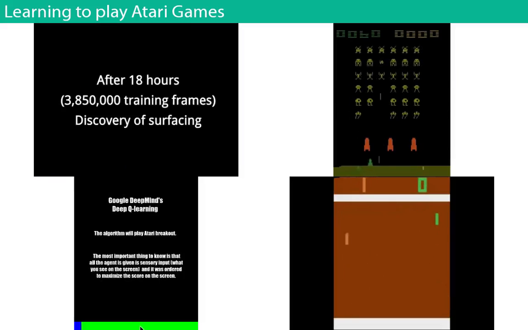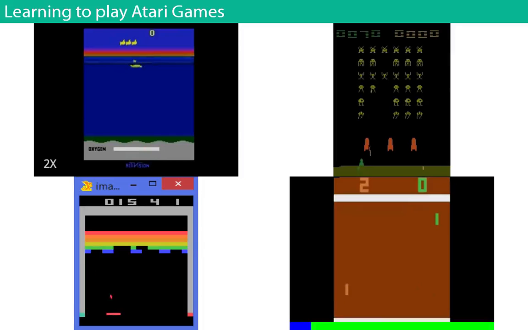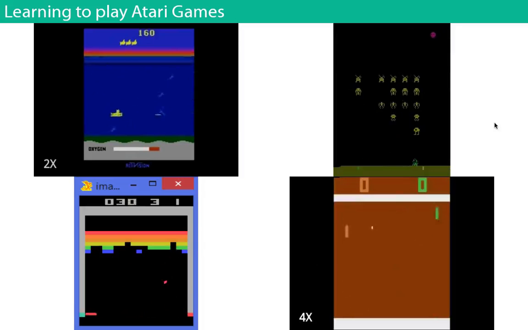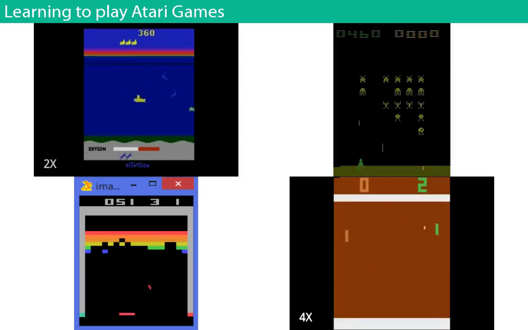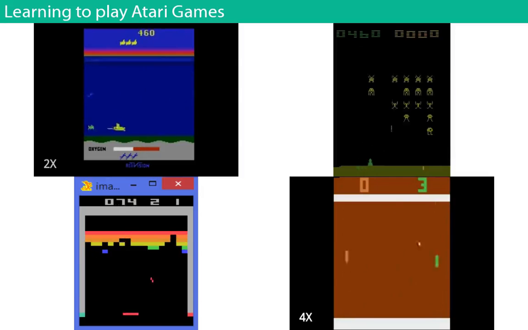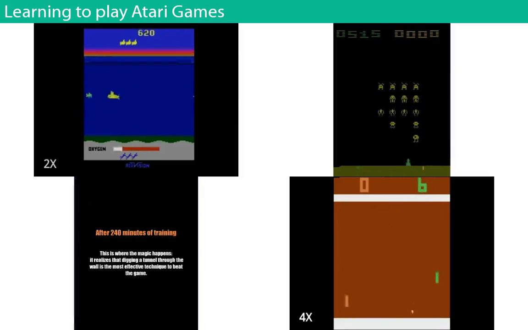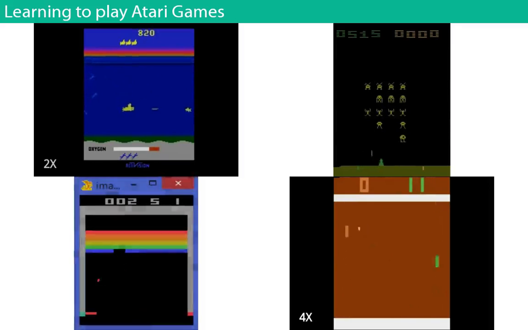So I'm fast forwarding. So Pong, Breakout, and whatever, I forget what this is called. And we're training AIs to learn how to play these games. The crazy thing about this is it's done by DeepMind, which is a group at Google. The craziest thing is that it's one algorithm which learns to play any Atari game.